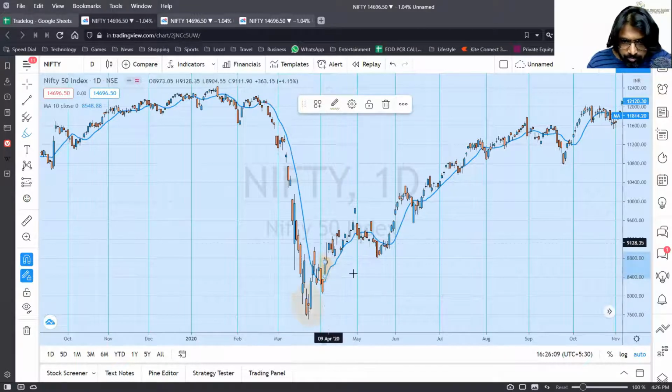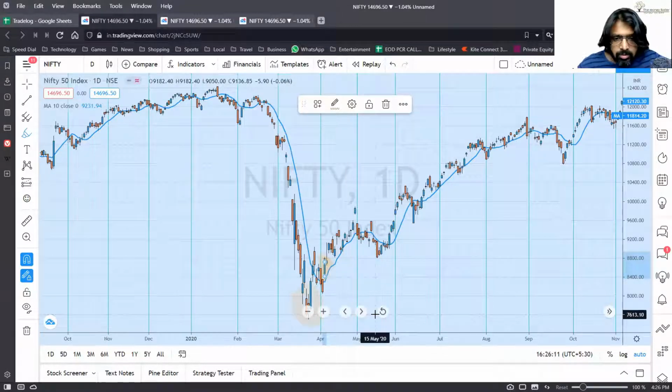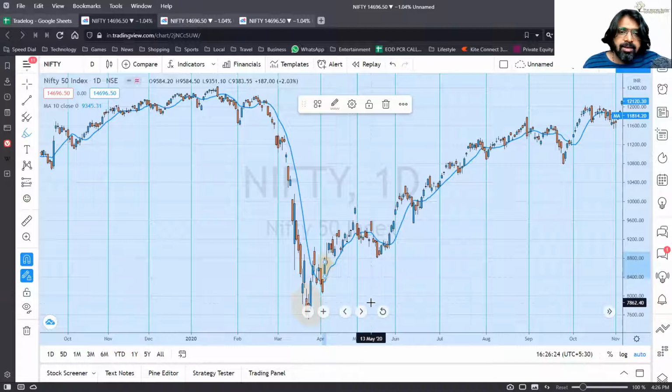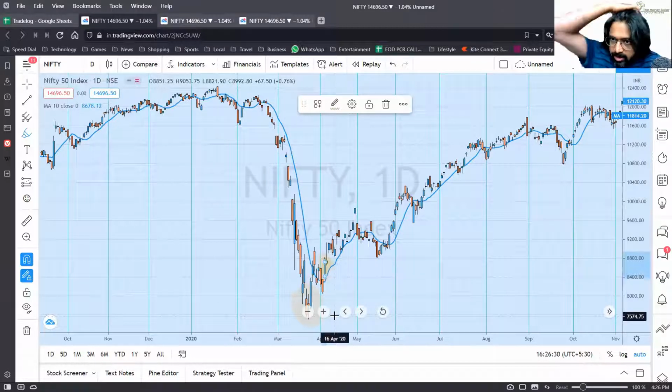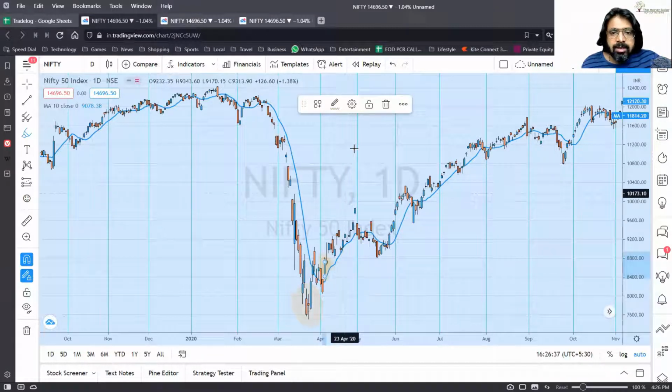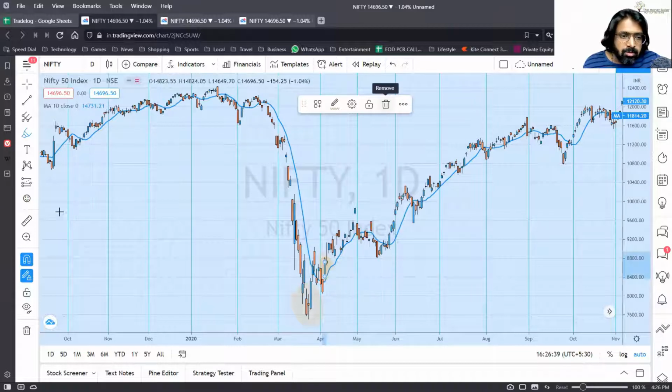So that is what I'm trying to tell you, that the moving average, even though it tells you the direction of the price, is still a very late indicator. It is not a very early indicator. It's a lagging indicator. Why? Because it's an average of the last few days. It's not a leading indicator. It's not the average of the next few days. It does not know where the next few days are headed, right? It's not an antaryami.